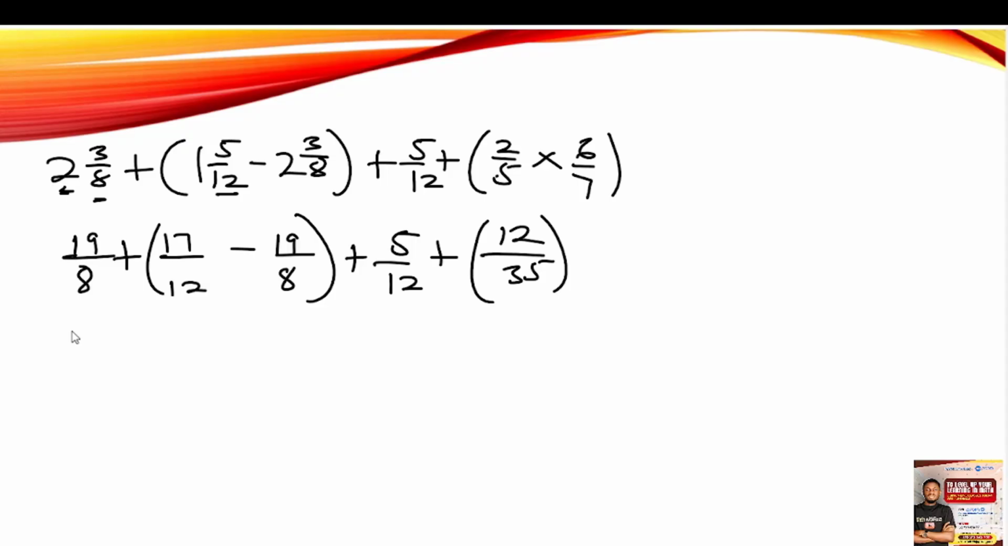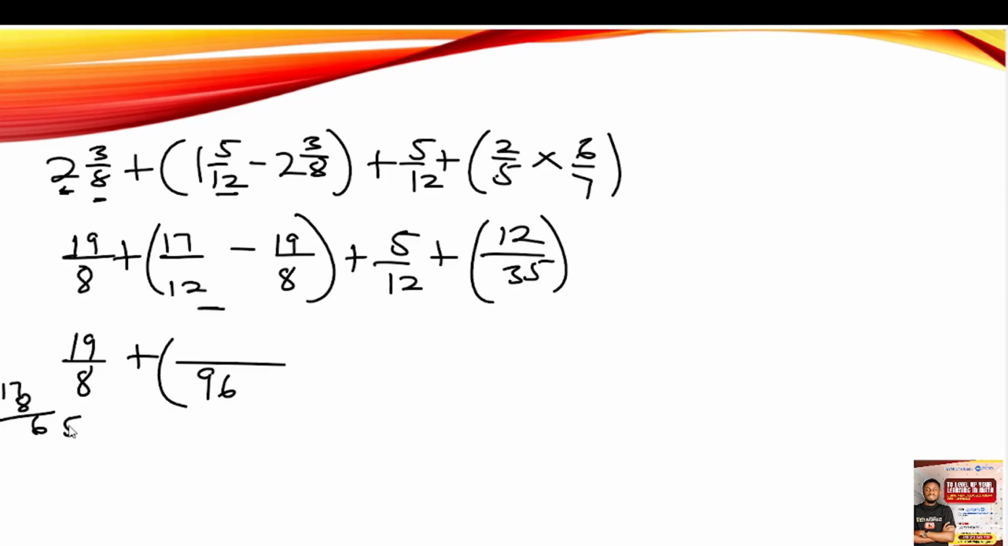Okay, the next thing is to tackle the bracket here. So now we maintain this one, 19 on 8 plus. So here we find an LCM of 12 and 8, and that is 96. So 12 goes into 96 8 times. So 8 times 17 gives us, so 8 times 17. So 7 times 8 gives us 56. So 6 minus 5, 8 1, 8 plus 5. So that gives us 136 minus